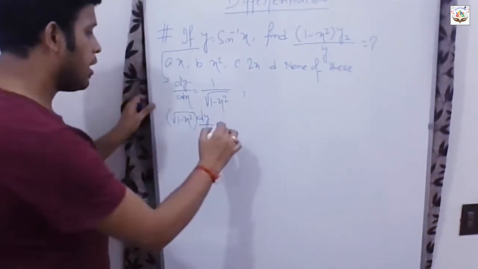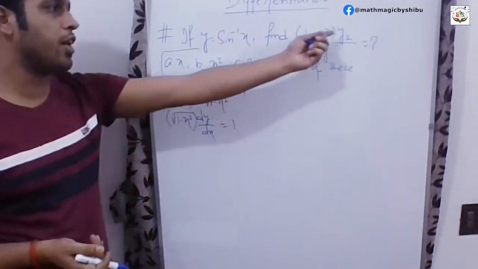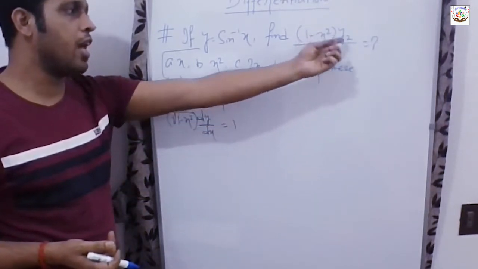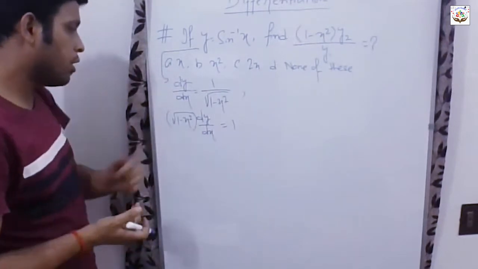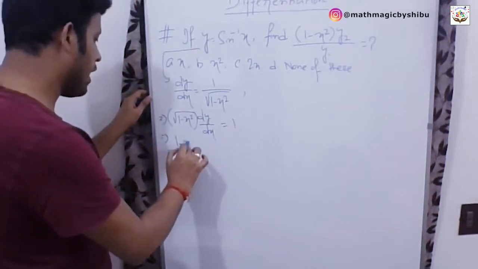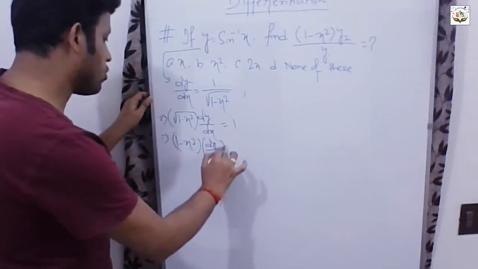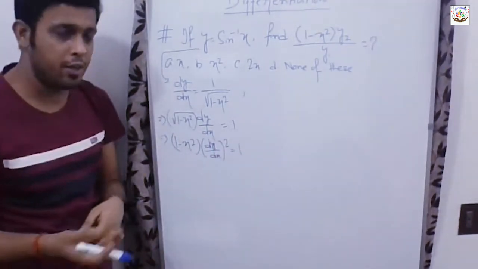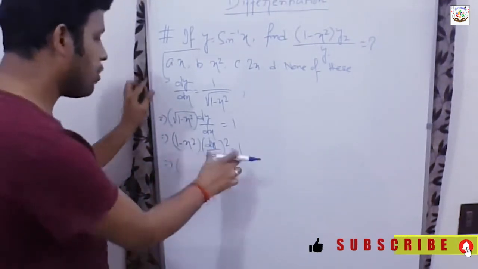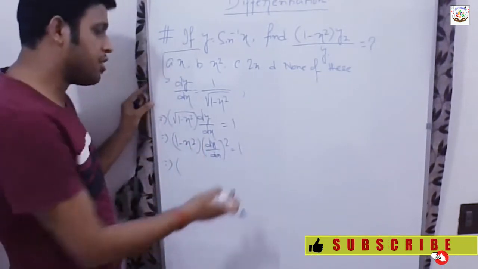Equals 1. Now, in the resultant we have (1 minus x square) into y2 divided by y1. That means with the 1 minus x square expression, we will have d2y by dx square. So let us try to get that. If we square both the sides, we get (1 minus x square) (dy/dx) whole square, and on the right hand side it will be 1. Now we differentiate both the sides with respect to x. The right side will be 0, as the differentiation of 1 is 0.